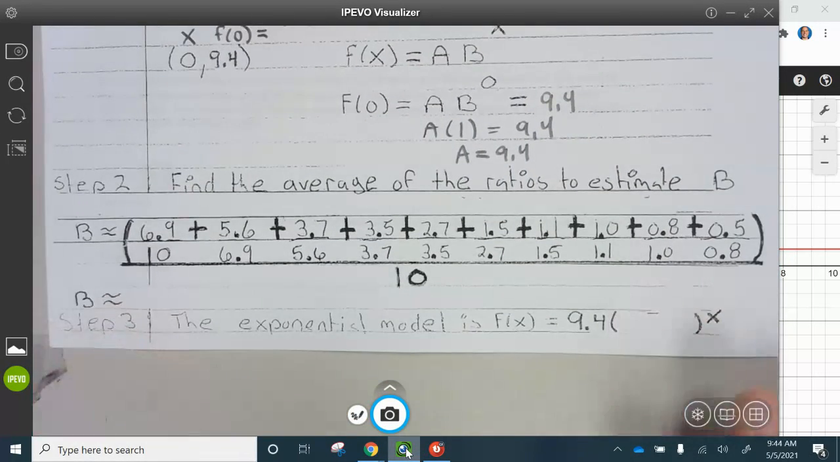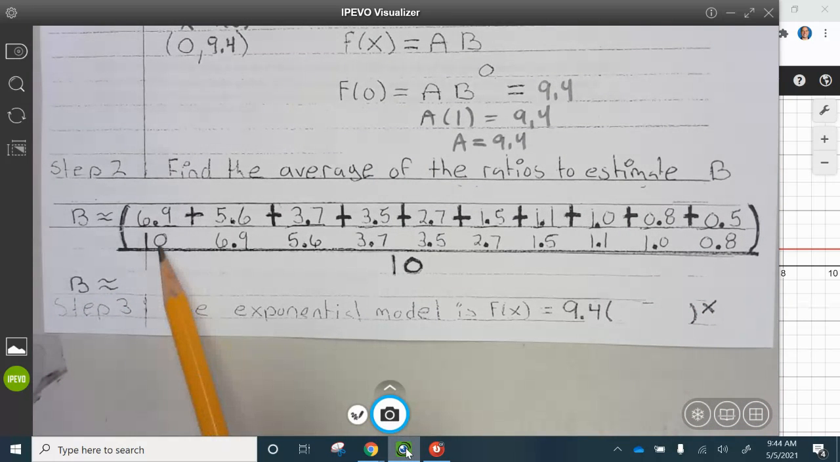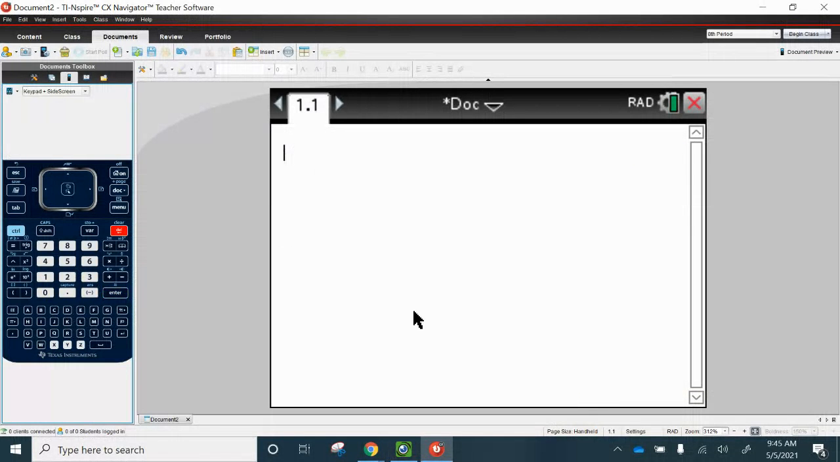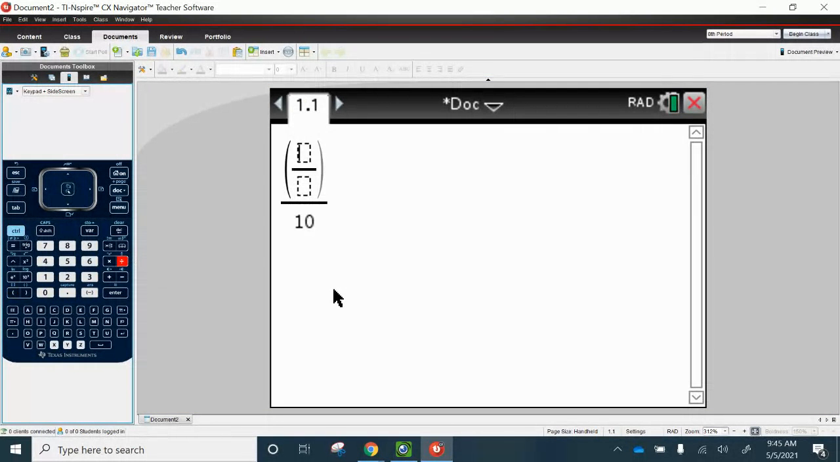Okay. Step 2, find the average of the ratios to estimate b. So we need to put the ratios divided by 10 to find the b value. So let's do that now. Okay. So we're going to press Control Divide. We know we're going to divide by 10. Come back up here. Let's put parentheses, Control Divide. 6.9 divided by 10 plus Control Divide 5.6 divided by 6.9 plus Control Divide 3.7 divided by 5.6